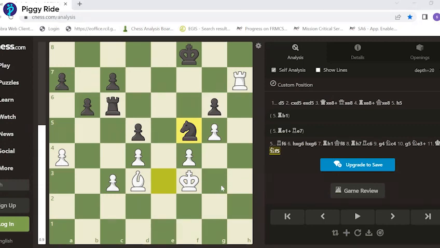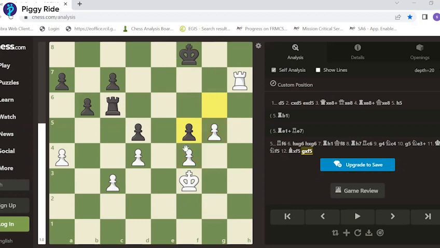However, this allows white to play bishop takes knight, pawn takes bishop, and now white has succeeded in creating what we call a passed pawn clearly, but also a protected passed pawn.